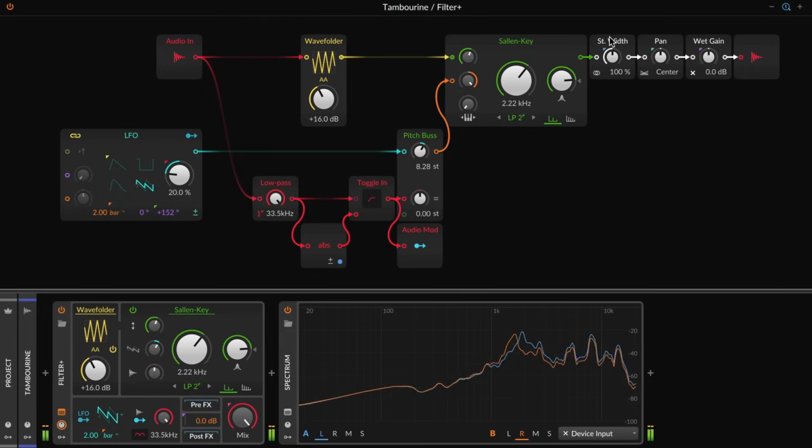Along with a bevy of simple post processes, stereo width, panning, and even wet gain built right in for doing level correction and available on the top of the device.